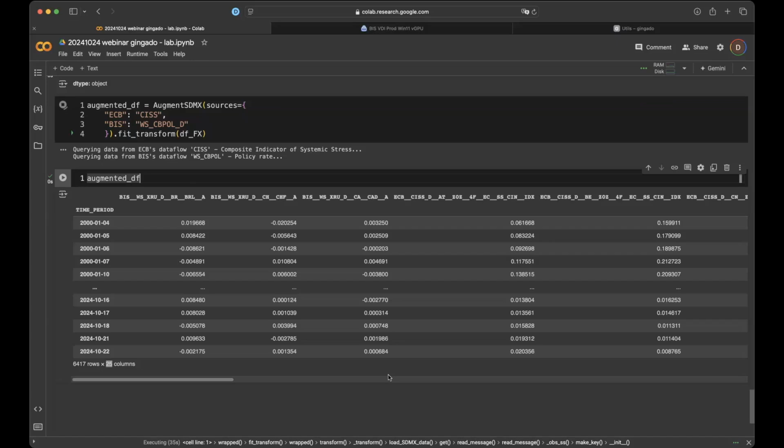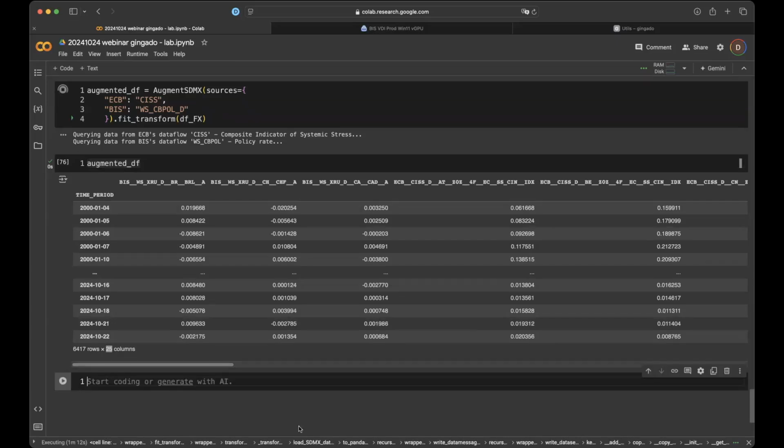Now, of course, while we're running, I just wanted to mention that there's one way to test, and again, it shows off the value of this. Let's see now, instead of 25 columns, let's see how many columns we have. So now we have 64 columns. That includes our original 3, the BIS exchange rate, the ECB's stress indicator, and then if we scroll to the right, we see a bunch of BIS central bank policy rates for Thailand, for Turkey, for the US, for Sweden,